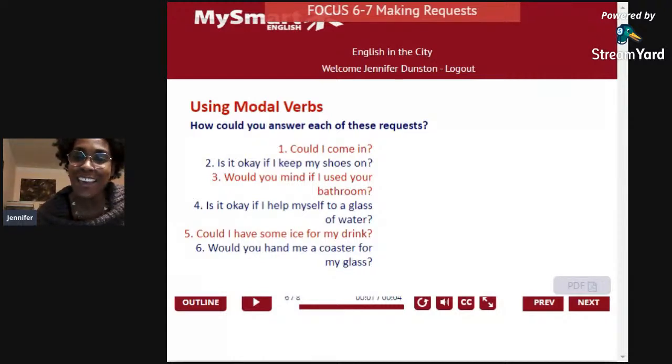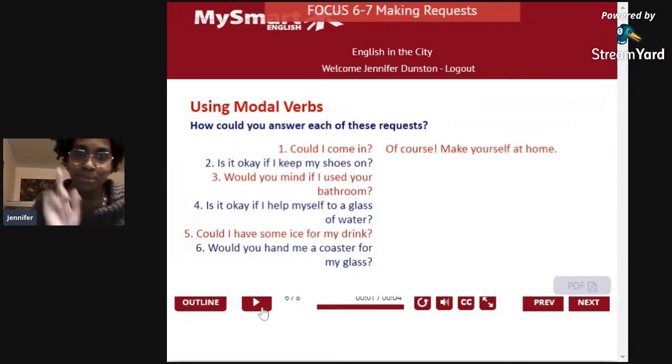Yes, come in, friend. Thank you, Terrence. Very good. So someone's asking if they can come into your house. Or maybe you're in your house already and your brother or sister, your mom or dad says, hi, can I come in your bedroom? And you say, sure, come on in. Pietro says, no, it's better if your shoes stay out. Okay. Can I come in? Could I come in? Of course, make yourself at home. That's one way of saying yes.